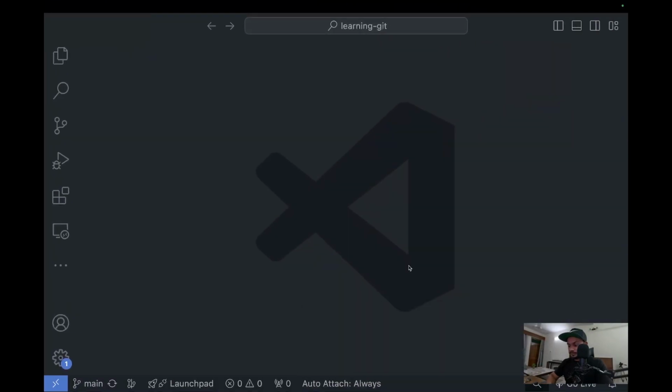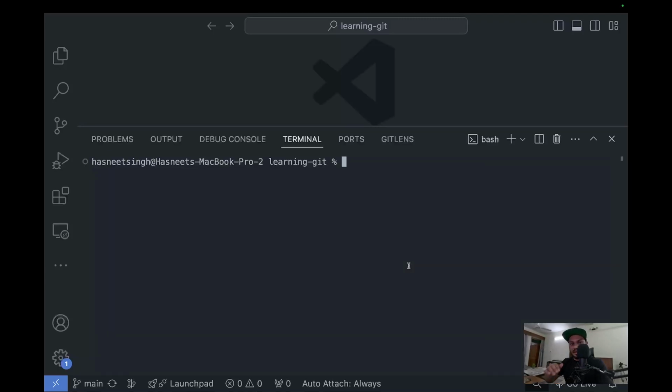All right, now once you open VS Code, I'd like you to open the integrated terminal that comes with VS Code by pressing Command J if you're on a Mac, or Control J if you are on a Windows machine. And once we do that, we are going to type git space branch, hit enter, and you'll be able to see that we currently have just one branch, which is the main branch, and there's an asterisk in front of this branch,